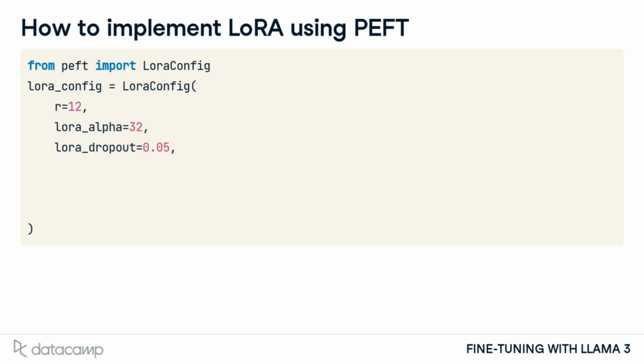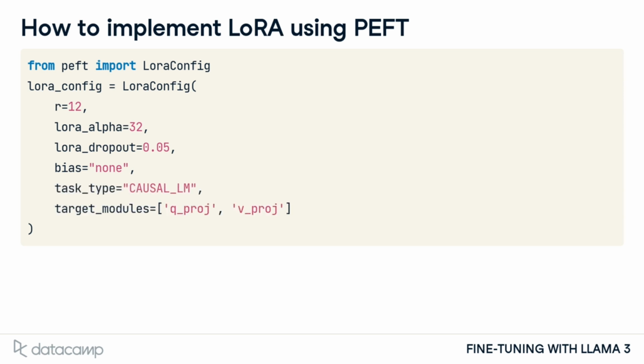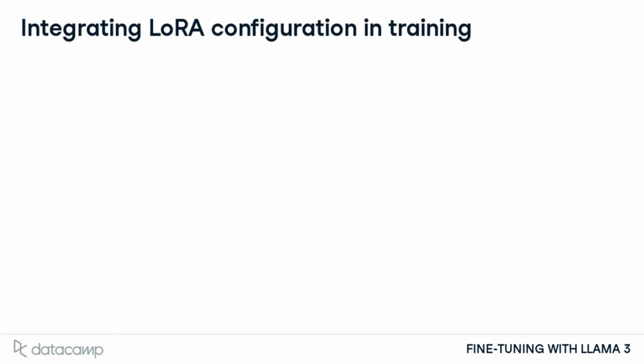Bias sets if we want to train bias parameters or not, whether we want to have a global bias or layer-by-layer bias. The final two parameters are the task types. For Llama, this is causal LM, and the target modules, which are the matrices of the LLM we want to run LoRA on. To incorporate LoRA configuration during training, we make a slight adjustment to our training pipeline from the